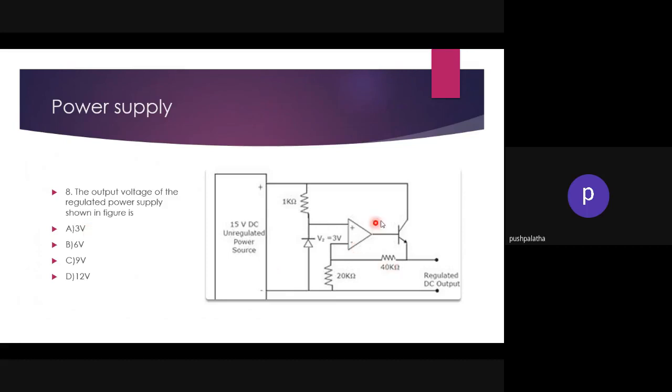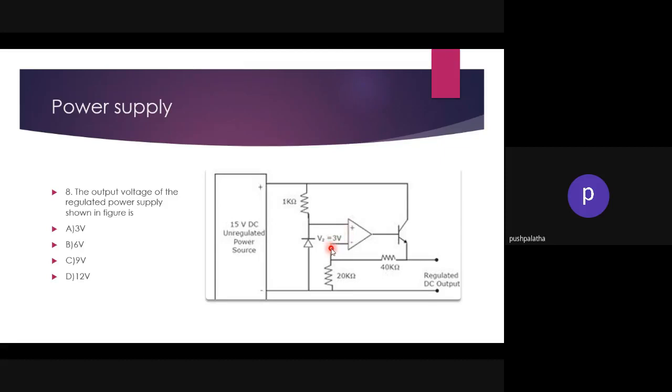Now you observe the circuit carefully. The base is connected to the output of an op amp, the collector is connected here, and the emitter is connected to the output. Now what will be the value? You have to see what kind of an amplifier the op amp is here. Actually it is a Zener diode, not a PN diode. A PN diode will never act as a regulator, so it is a Zener diode. The Zener diode's VZ value equals 3 volt.